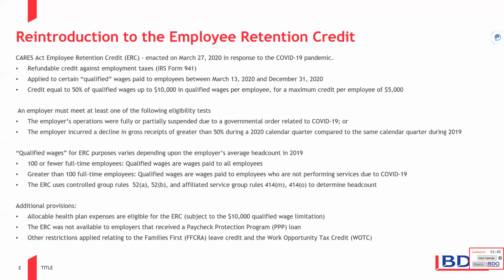For companies that averaged less than 100 employees in the 2019 year, essentially all wages that you had paid to those employees are eligible wages for the employee retention credit. If you had greater than 100 full-time employees, the qualified wages were for those that were paid to employees to not perform services. So essentially, you're not coming into work, you're not punching in and out, but you're still receiving a paycheck. Those would likely be the eligible wage